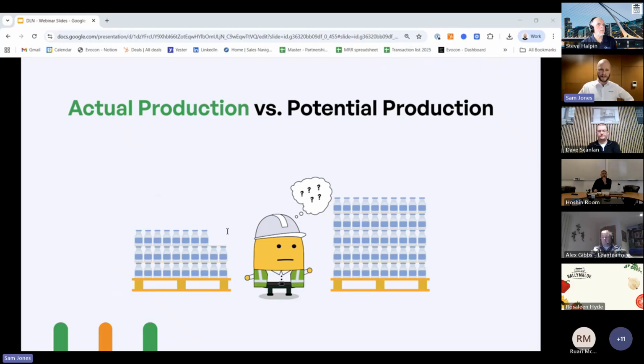But let's talk a little bit about OEE. So overall equipment effectiveness, what is it? In simple terms, it's a score that tells you how much you actually produced in your factory compared to how much you could have produced under the ideal conditions. So a high OEE signifies an efficient factory operating at peak productivity, and a low OEE means there's what we